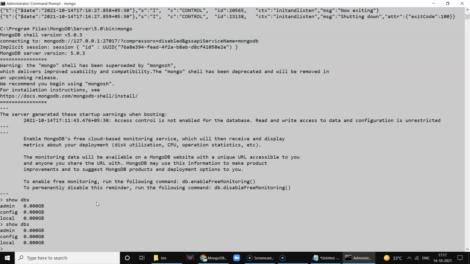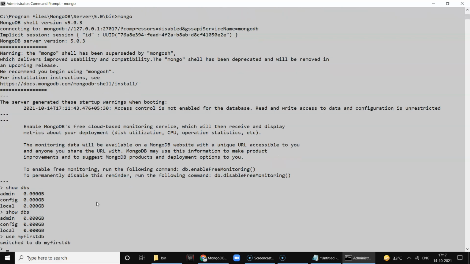Then to create our own database, we use the command use myFirstDB. You see the response from the command prompt is switched to db.